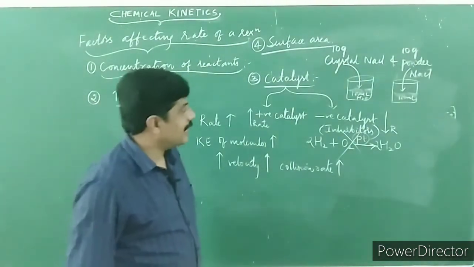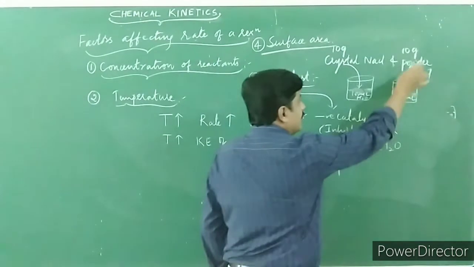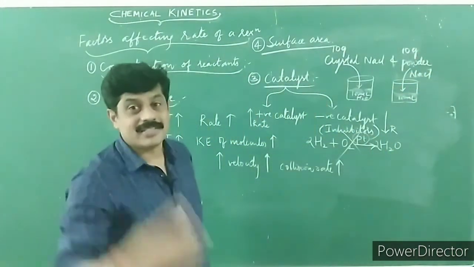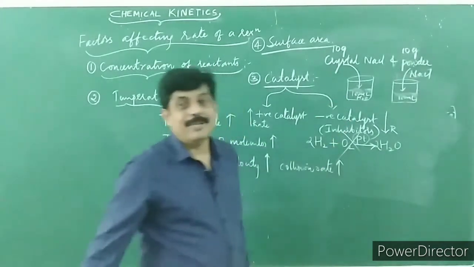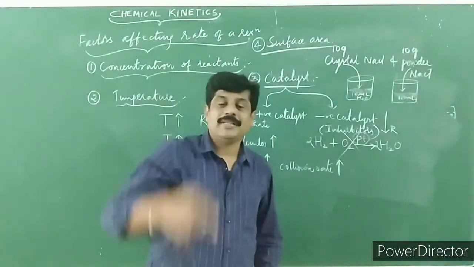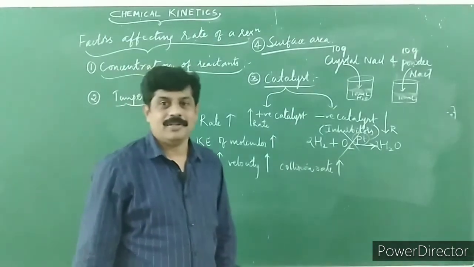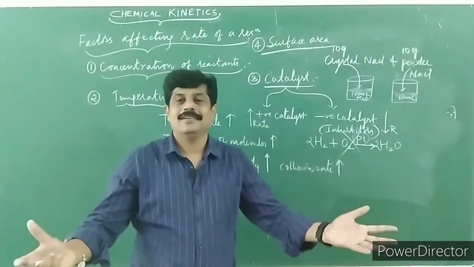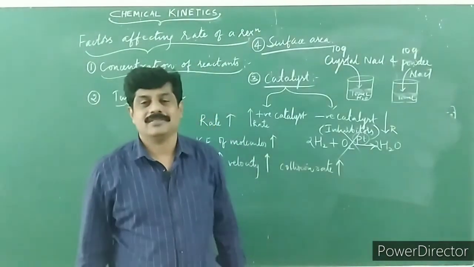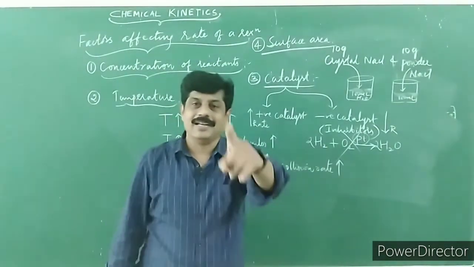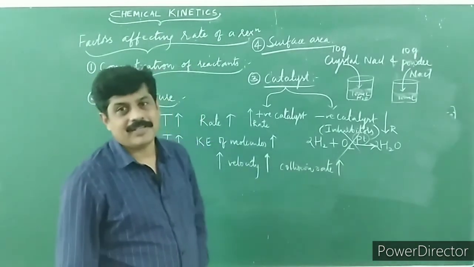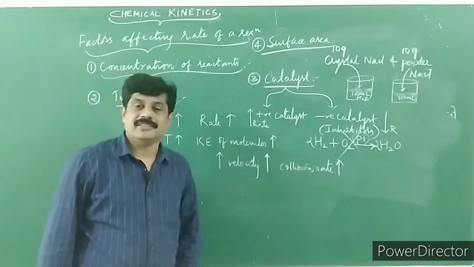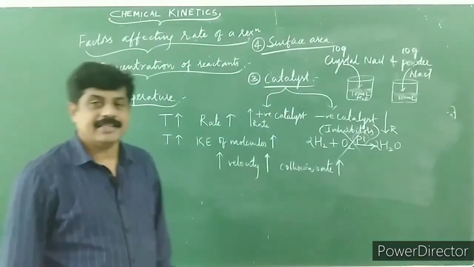Children, we can say that in this case the powder salt dissolves in 100 ml faster than the other beaker where you have put 10 grams of crystal sodium chloride. That means greater the surface area, higher is the rate of the reaction. Lesser the surface area, lesser is the rate of the reaction. Children, so these are the four important factors which affect the rate of the reaction.